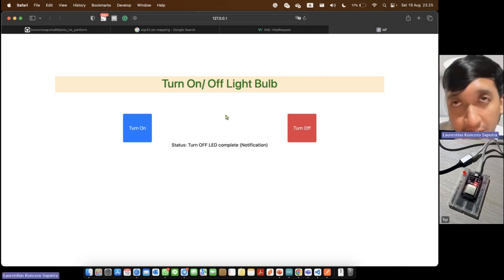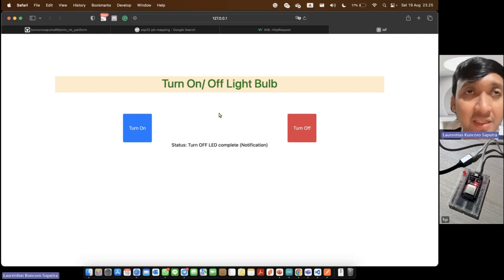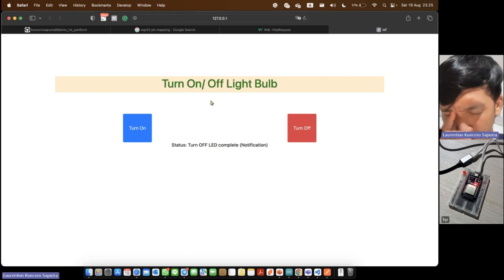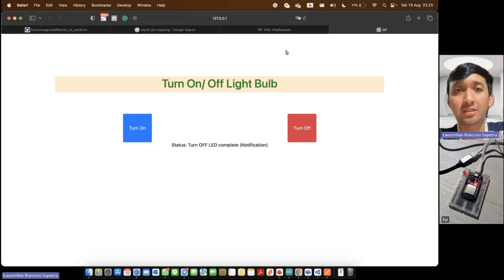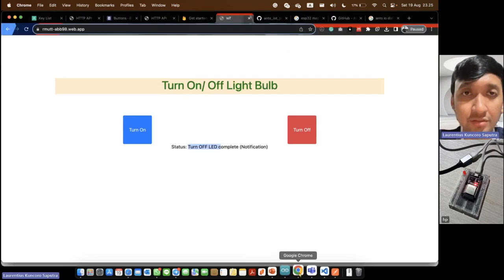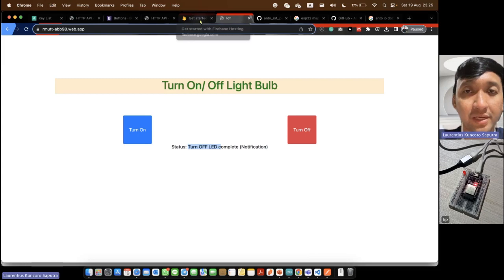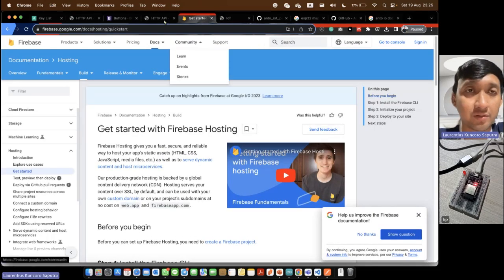It's different if we implement the web application on the local server. We can only access the application in a local area. To host this web app, we can use Firebase.